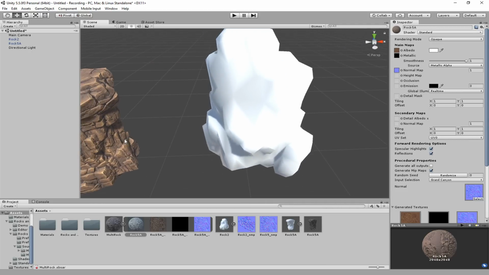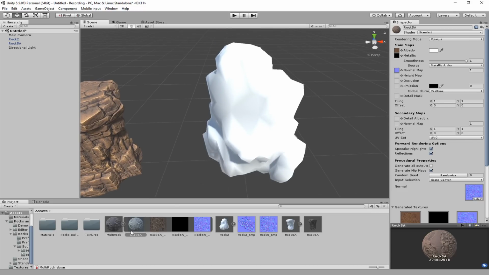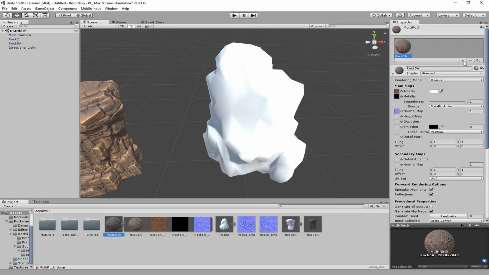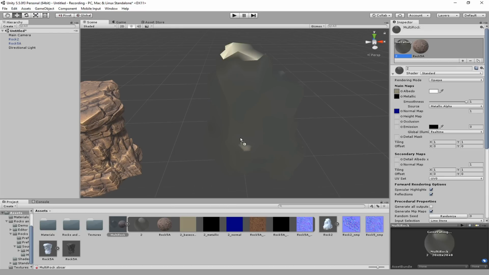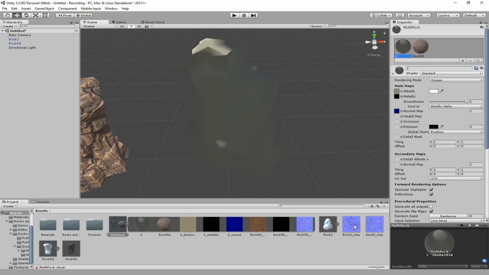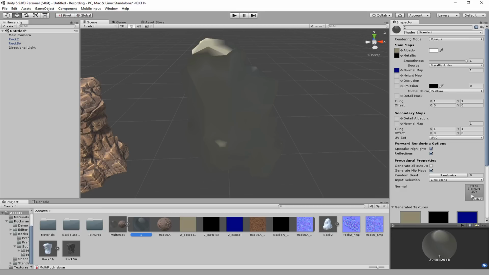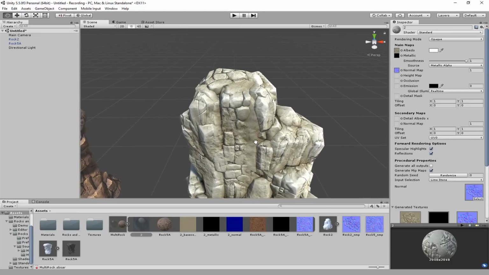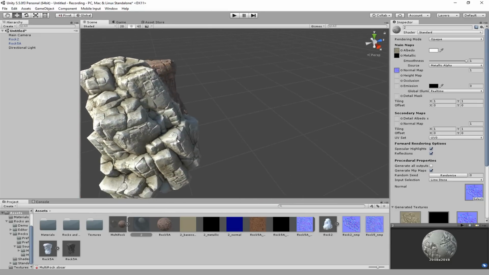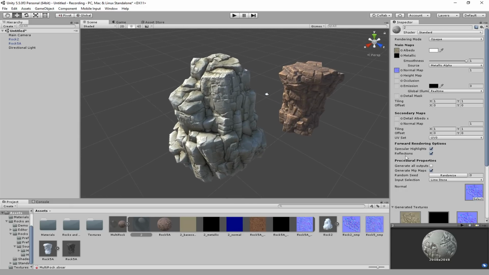What's really cool about this, though, is I can take any other model that has normal information, and I can replicate this. So I'm just going to go ahead and create a new one. I'm going to call it 2, just for simplicity's sake. And I'm going to apply this directly to this model. Now, right here, it doesn't look that great, but when I highlight this material, I'm going to plug in my normal map for this particular model right here, and voila, it spits out a texture. And it has that same kind of nice, even, almost storybook quality to it that this one does,